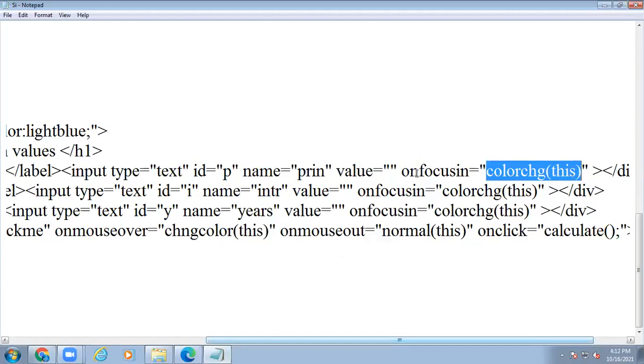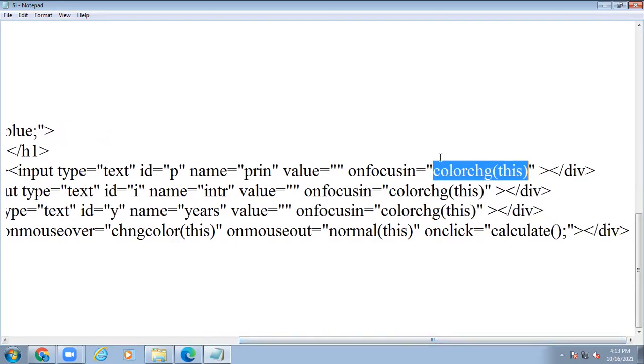The on focus in is an already predefined event, like mouse click. When we click a button, that means that is the event. Here on focus is also one event. Whenever that event is fired, automatically this function is executed. This function related code you have written in the JavaScript.